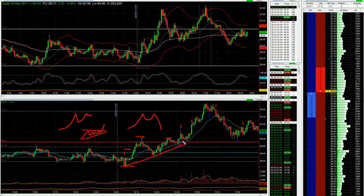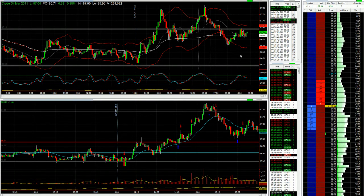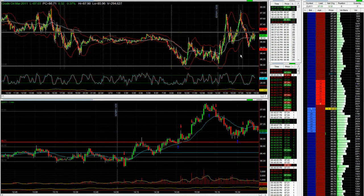Just took that and took the first half out as we tagged the 87, which was there. I think I got 86.98 or .99. Just popped over and hit the market, a few seconds late just to get that pop. But fine, held on. Next exit for me was going to be just before the 87.13 level. 87.12 was my exit. You can see here, if I zoom in on the 3 minute, how key